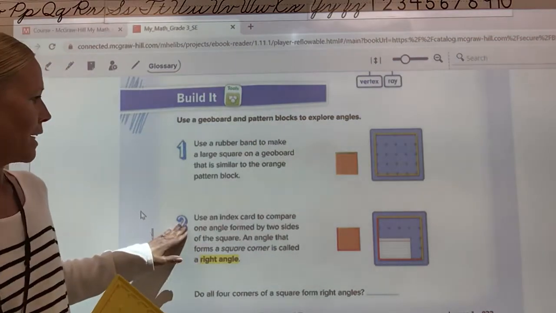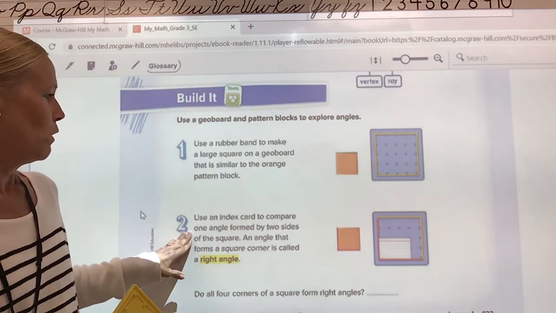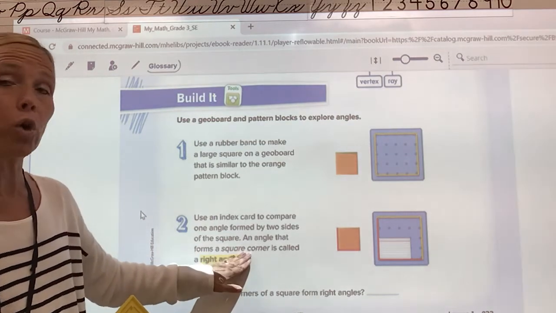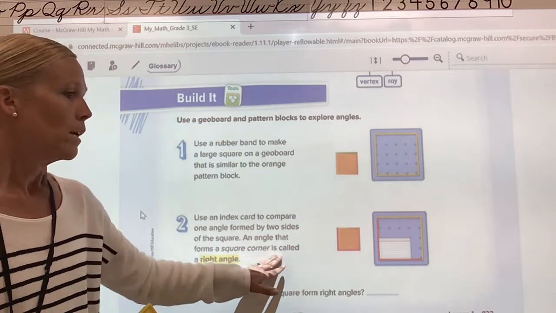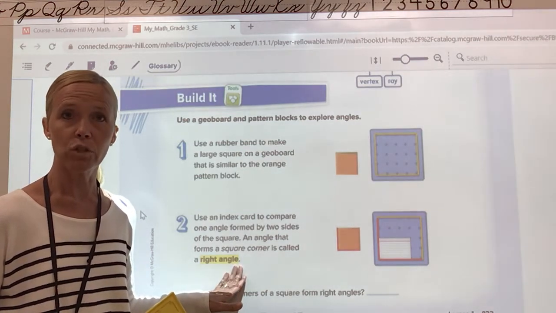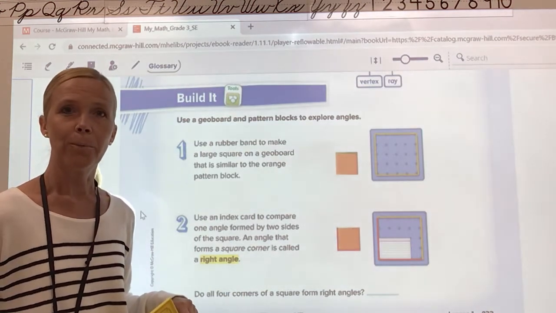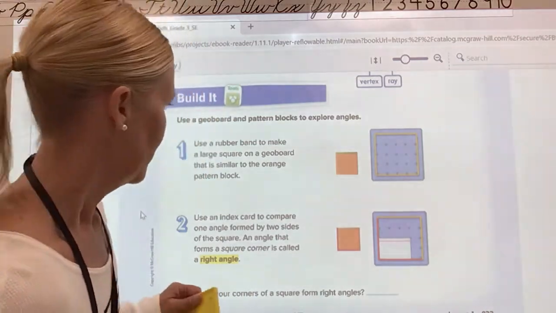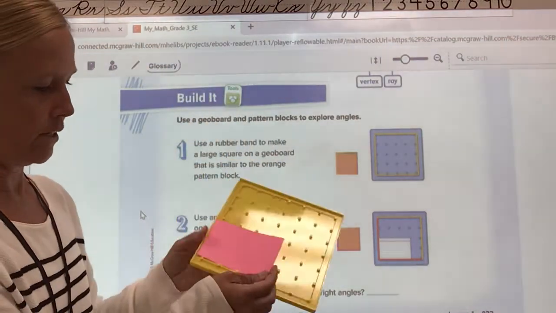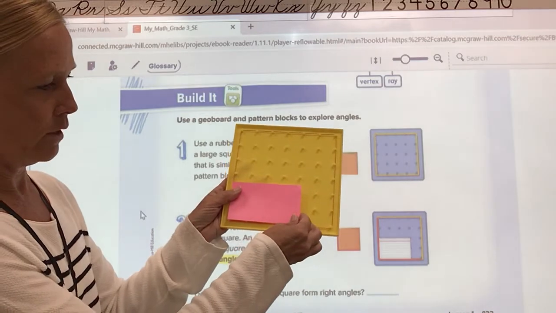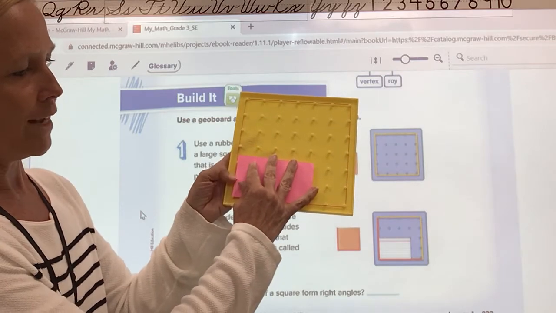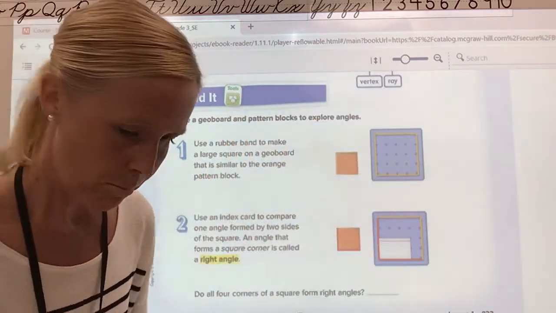And it says, use an index card to compare one angle formed by 2 sides of the square. An angle that forms a square corner, there's that term that I used just a minute ago, is called a right angle. Okay, that's the fancy math term for square corner, right angle. Now, let me get my index card. So what they're saying is, if I put my index card down here in the corner of my square on my geoboard, you'll see that the rubber band lines up nice right along the bottom, and it goes right along the edge on the other side. And on the board, let me show you,